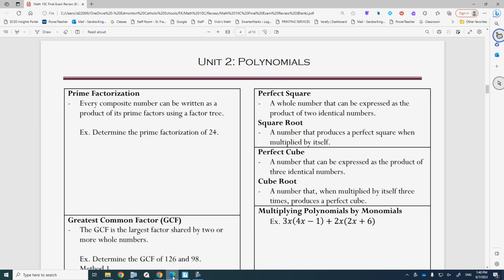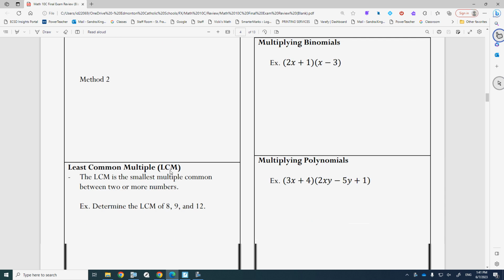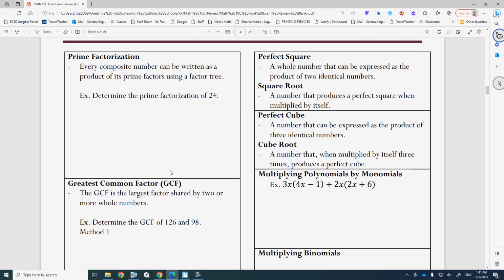Okay, so what we're going to go through is polynomials. Polynomials was 2 chapters when we did this unit. It was expanding and then it was factoring. So we will review expanding first, factoring second. We've already done prime factorization and GCF. So we will start with